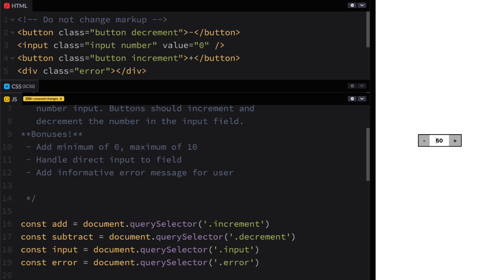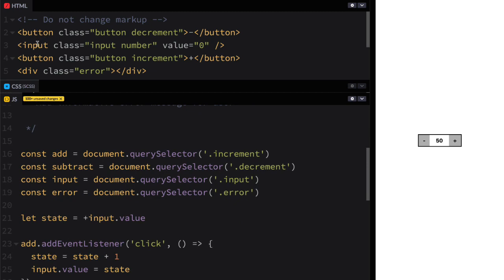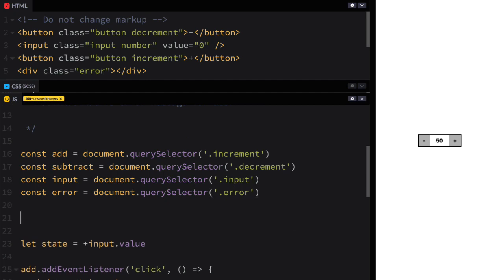Maybe if I add it here, you can see it jump a little bit better around the 50. It's not jumping into the middle of 50. That would be the left and right arrow keys, but up and down jump to the start and end. So this isn't a number input. If it was, the up and down keys would actually change the number. We can make that happen, not by adding up here, because remember, do not change the markup. But down here, we can add